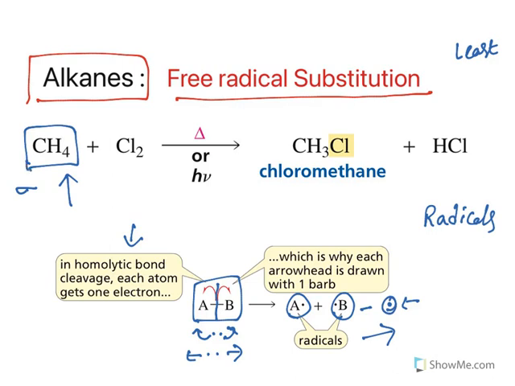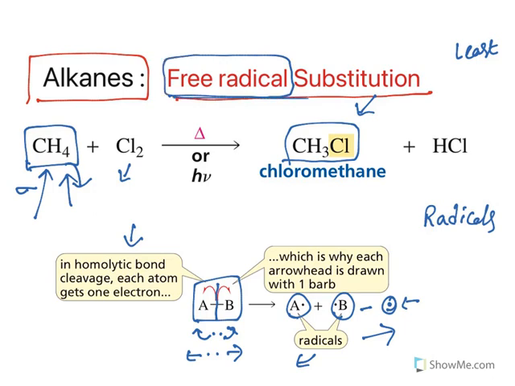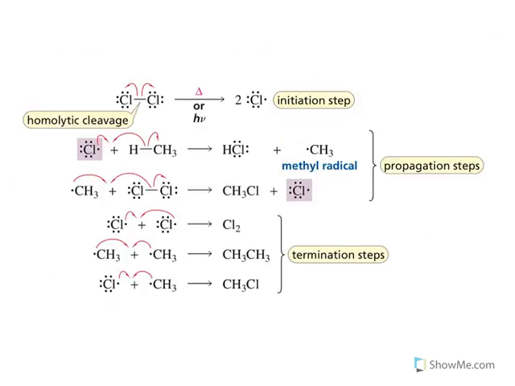Now understand, alkanes are least reactive. You need radicals, a kind of reactive species, to push them into reactions. Now what happens? This thing is converted to a radical and it substitutes a hydrogen in that place and it gets here. So this is a substitution reaction, and it is mediated by free radicals. Hence the typical reaction of alkanes is known as free radical substitution. Now how does it occur? It occurs either by heating or in the presence of sunlight or photoenergy. As I told you, the homolysis results in the formation of radicals. The formation of radical is known as the initiation step. Now this radical will combine with an alkane.